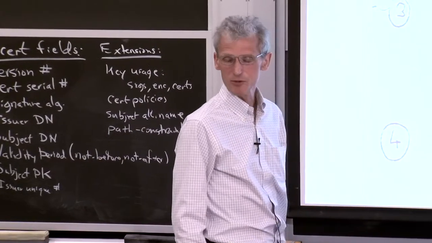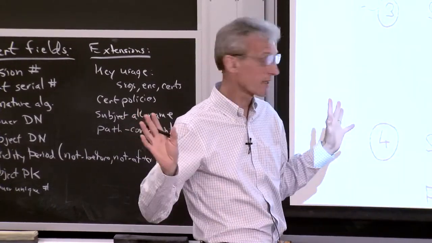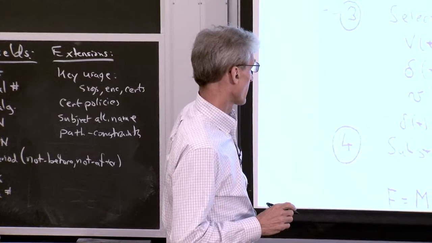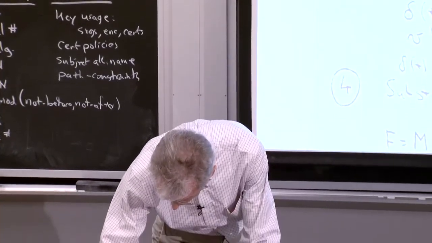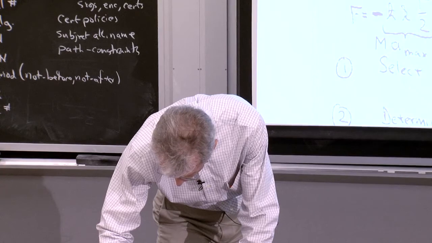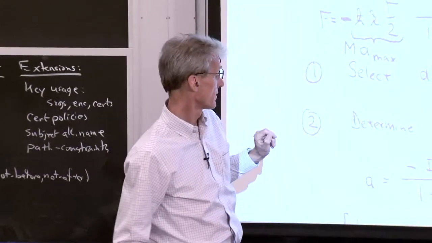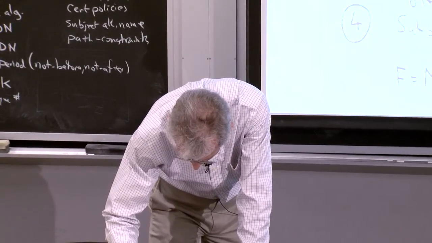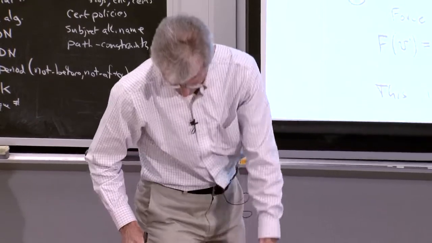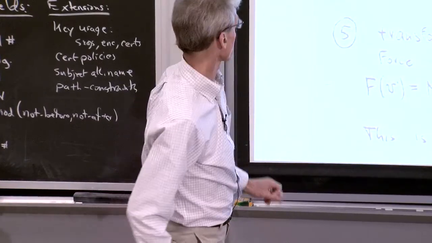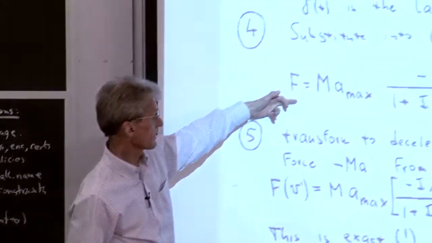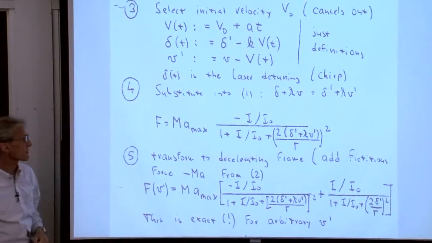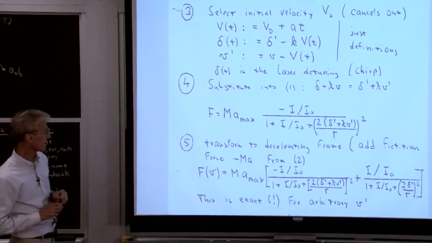Now we can simply substitute what we have defined into the equation and we get a wonderful result. So we take equation 1, which was the equation for the light force, and we put all those definitions, which I went to great lengths to explain to you, into it. We get this result. It's just that the detuning has been expressed by delta prime and the velocity by this difference velocity v prime. It's pure mathematical substitution.